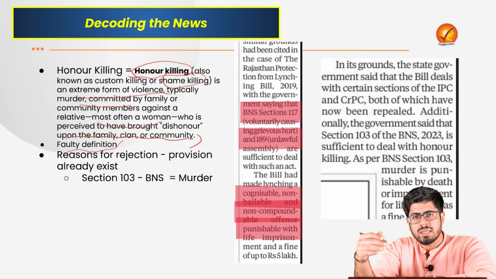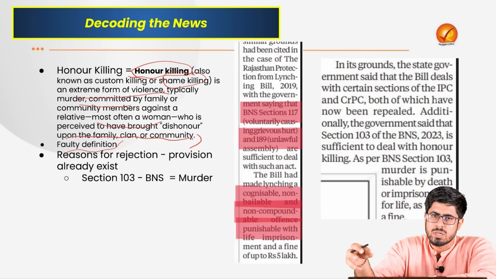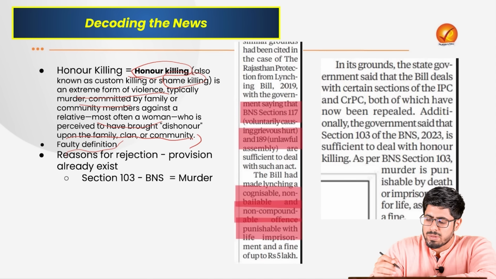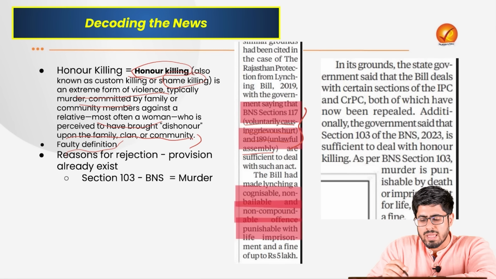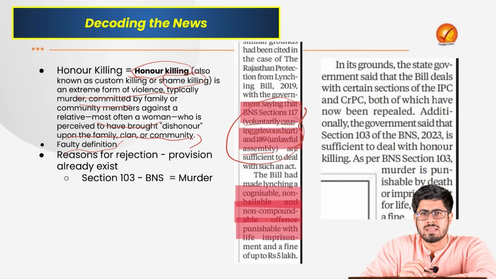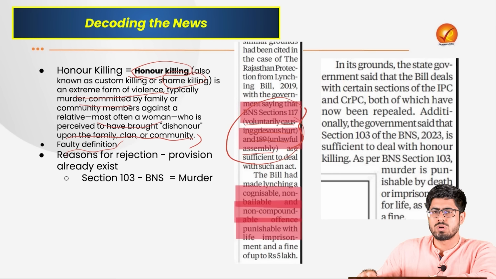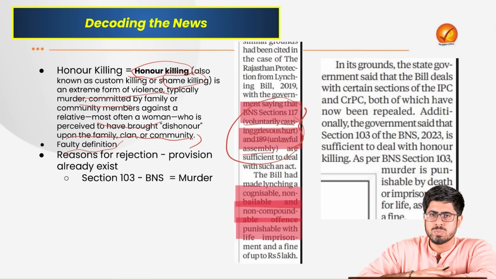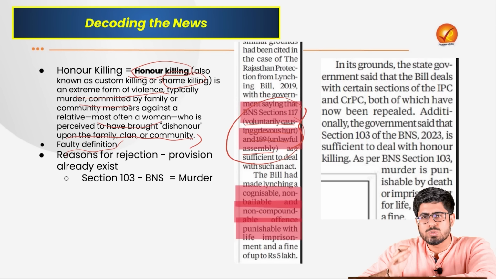Apart from that, if somebody is hurt for honor killing, if certain violence not amounting to murder has happened, it can also be punished under Section 117, voluntarily causing grievous hurt, and Section 189, unlawful assembly, which are also available in the Bharatiya Nyaya Sanhita. So per se there is not a need for a new law to curb this issue of honor killing is what the government is trying to portray here, and it is rightly so, because the issue is actually social,